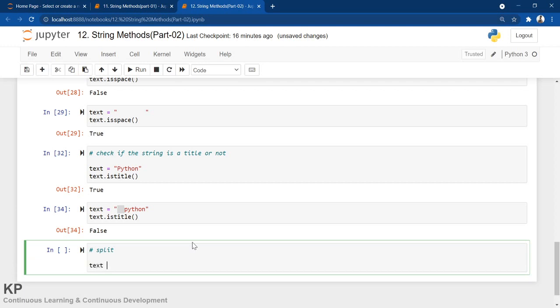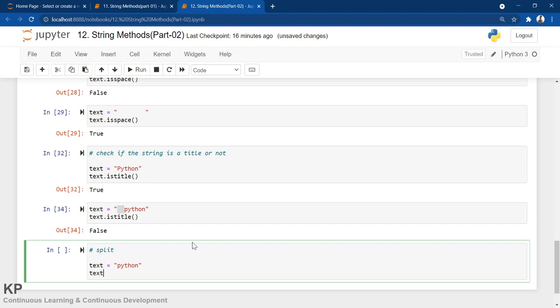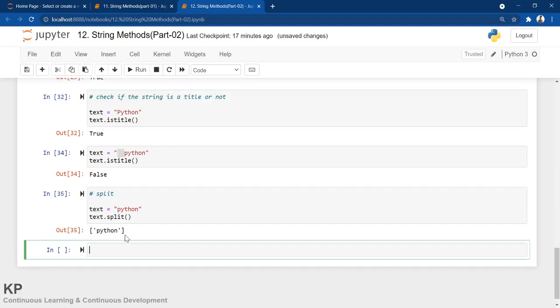So text equals to, suppose, python, and I'm doing text dot split and executing it. So actually it returns a list.